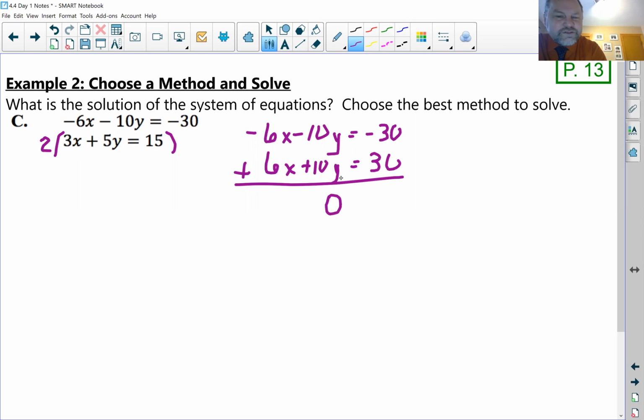So I know as soon as, if I'm using elimination, as soon as I get 0 on the left-hand side, that's going to mean either infinitely many solutions or no solutions. And it all depends upon what happens on the right-hand side. In this case, -30 plus 30 is 0. So we get a very true statement. 0 is equal to 0,